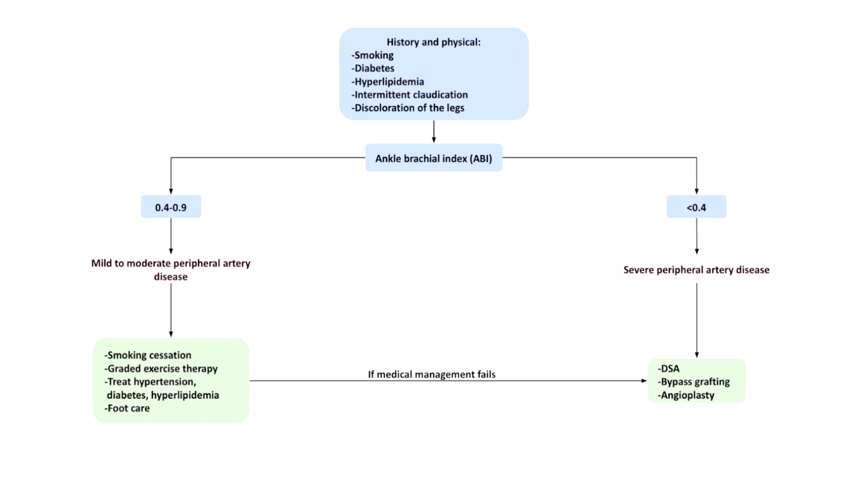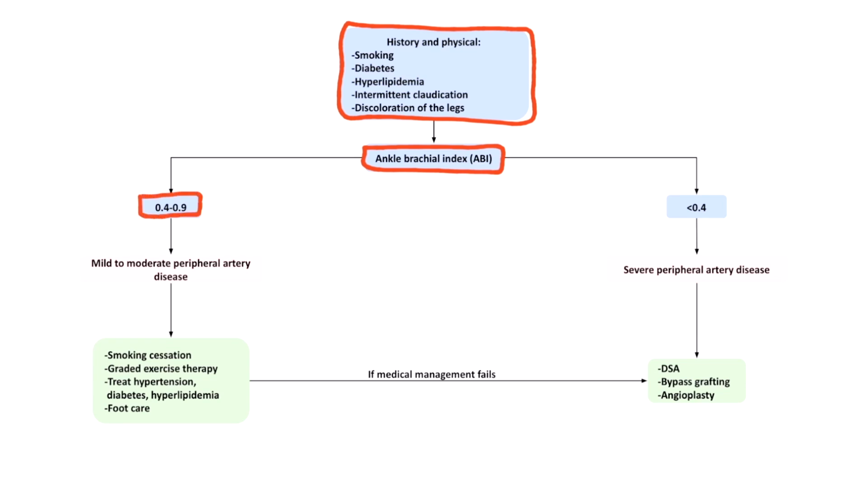If a patient has peripheral artery disease risk factors like smoking, diabetes, and hyperlipidemia, combined with classic features such as intermittent claudication and discoloration of the legs, the ABI should be obtained to classify the severity, as this will determine the next steps in the management of the patient. If the ABI is between 0.4 and 0.9, the patient likely has mild to moderate